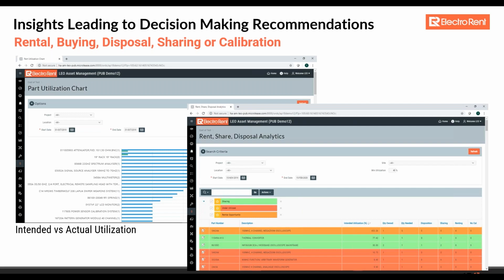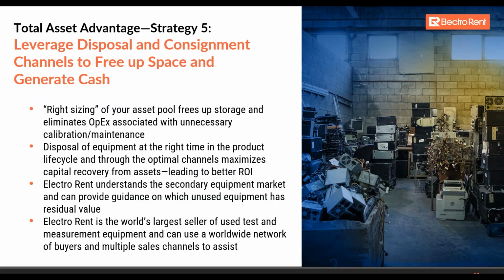based upon that utilization data. Strategy number 5 is you've got to have a good program to dispose of and recoup and unlock the capital that's tied up in test assets. Furthermore, disposing of the equipment at the right time in the product life cycle maximizes the return that you get back. Electrorent is unique here because, as the world's largest reseller of pre-owned equipment, we understand the test industry,